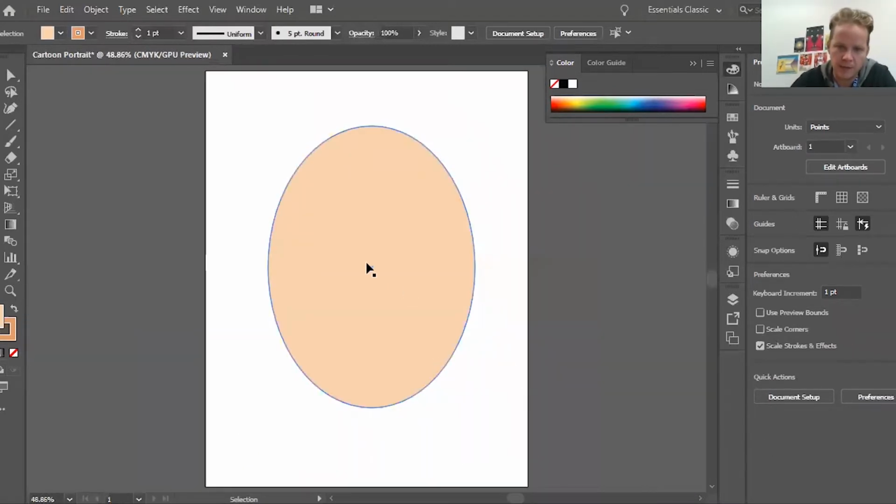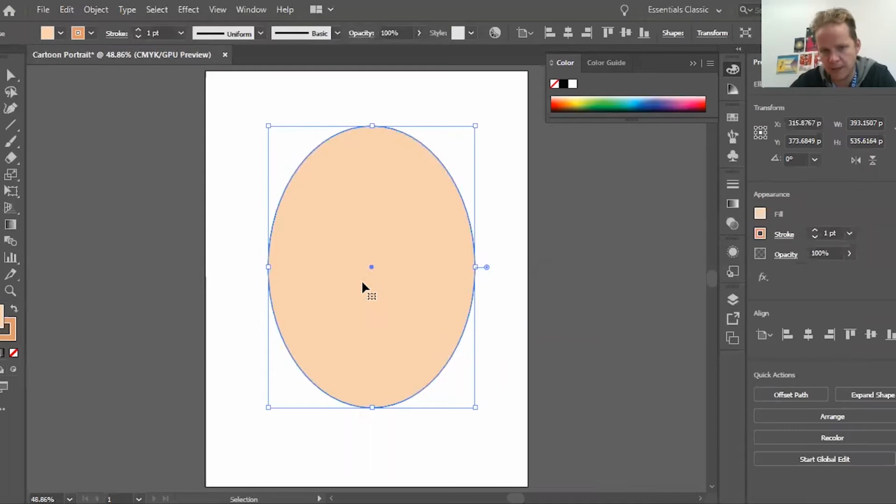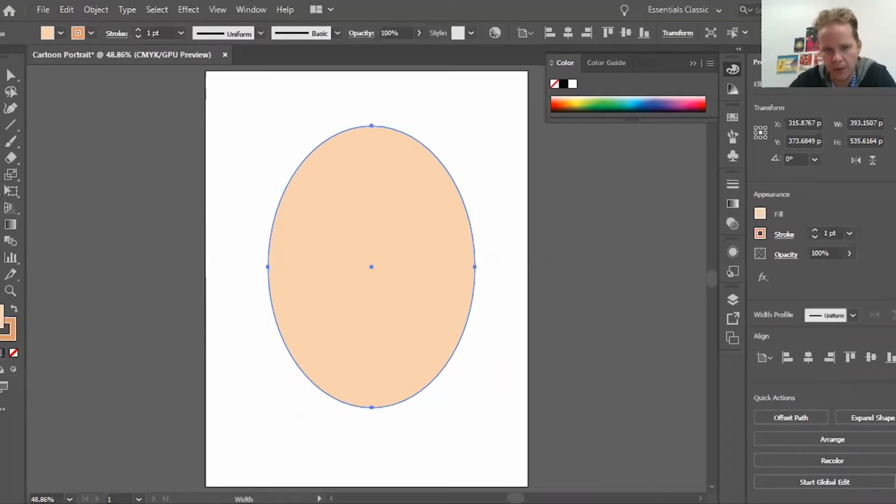So what we're going to do next, if you click on this thing, see how it's selected. Go to 1, 2, 3, 4, 5. Yeah, it's about 8 down on the left side. It's called the width tool. You can see where my mouse is here. If you click and hold on it, there's a little thing called the warp tool, which we played around with